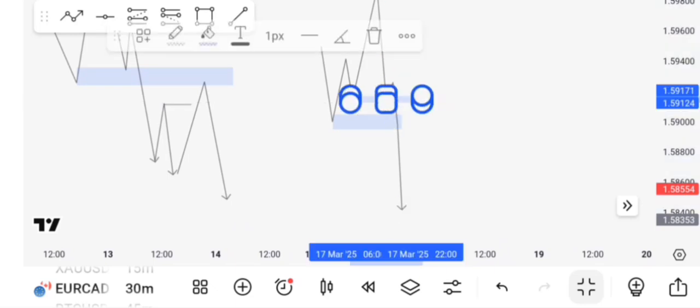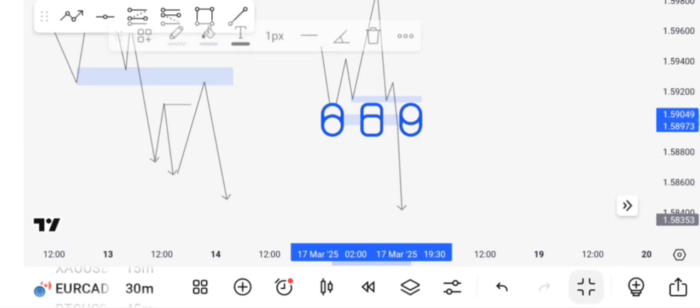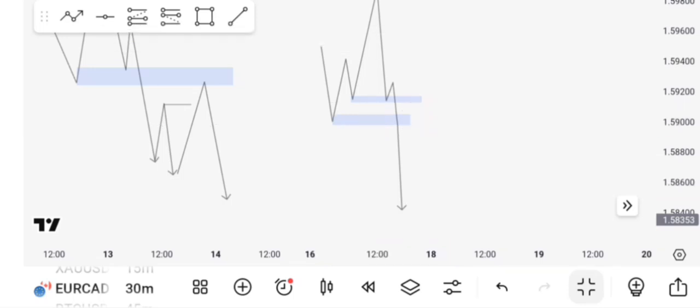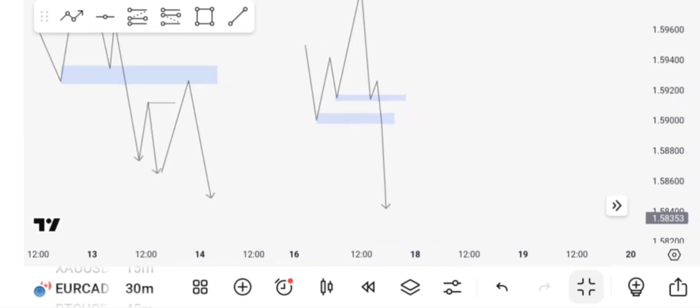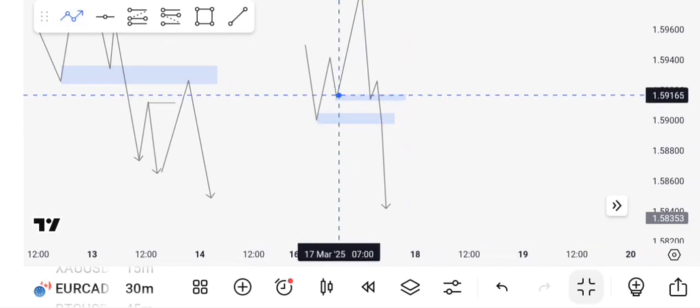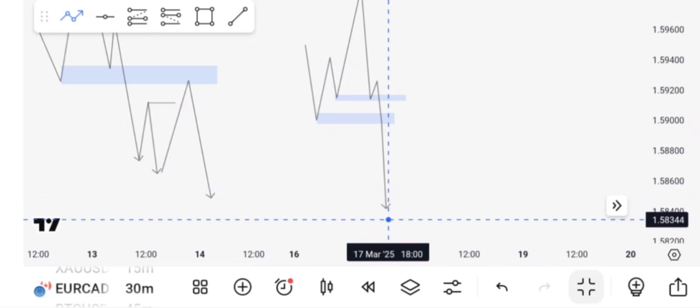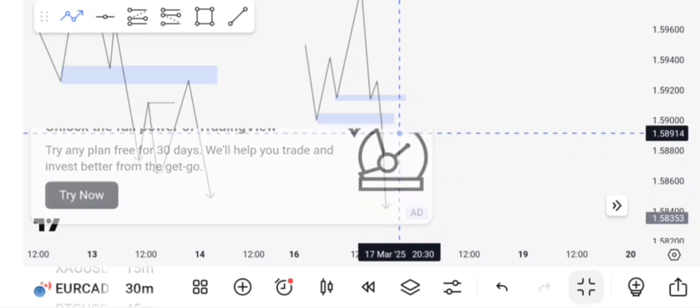So in this case, the valid setup is when you see two breaker blocks in your chart. When you see two breaker blocks like this, the advisable one to use is this second one, because price will come and tap this first one. Price will first